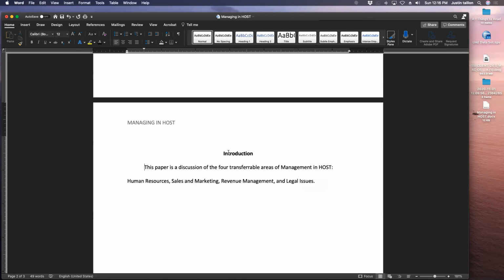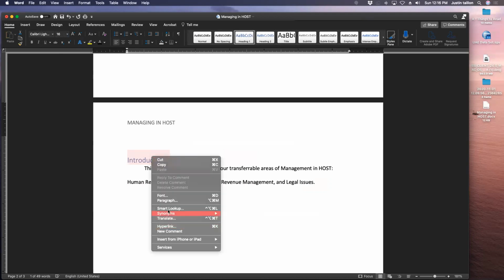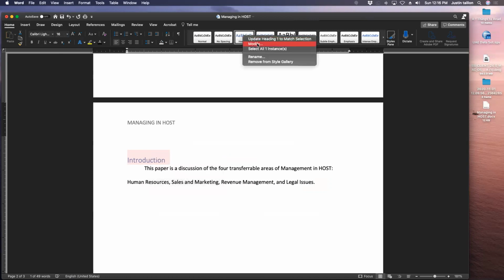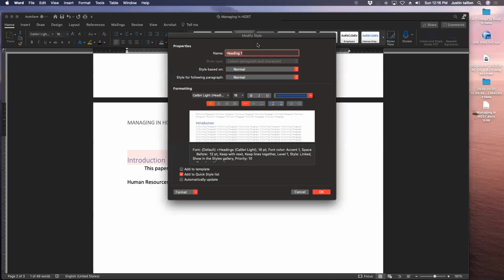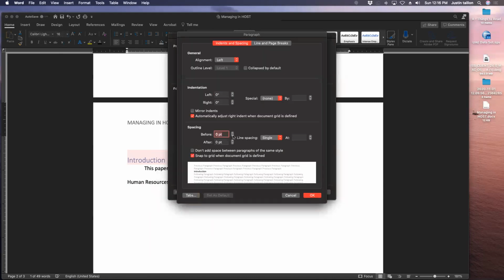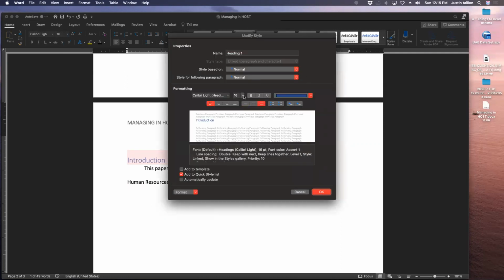Now we're going to make something that a lot of people didn't know. This should be heading 1. But notice when I click heading 1, it's going to make it all funky. So we come on down to right click on heading 1 and we go to modify. And when you do modify, you go to paragraph and you change this to 0, this to double, and OK. Then you're going to change this to 12 because your paper should all be in 12 font. This is going to become black